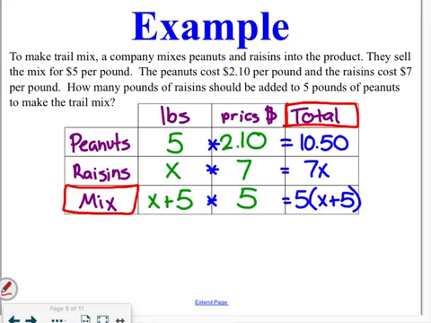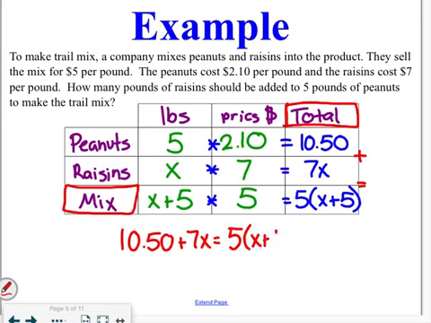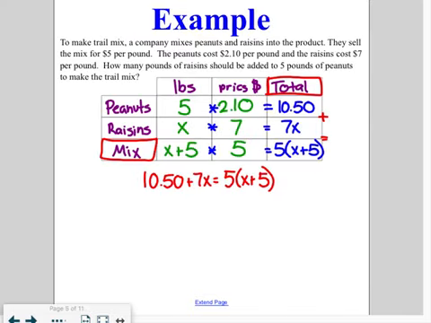In order to finish solving the problem, we're going to do peanuts plus raisins is equal to the mixture. So I have 10.50 plus 7x is equal to 5 times x plus 5. Now we're just dealing with a problem where we have an equation with variables on both sides. I'm going to start by distributing that 5 into the sum. So I have 7x and 5x plus